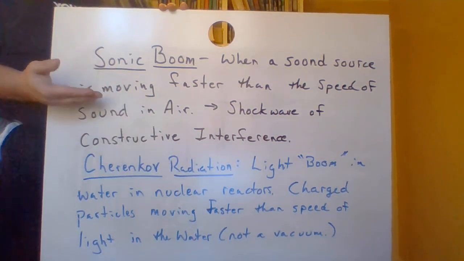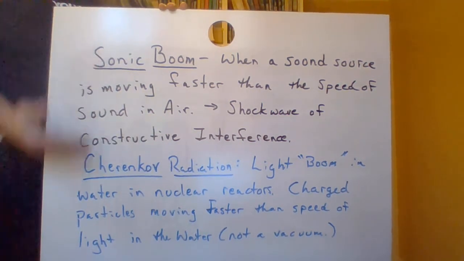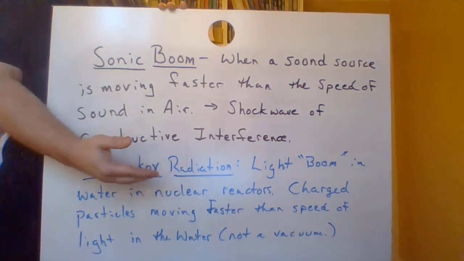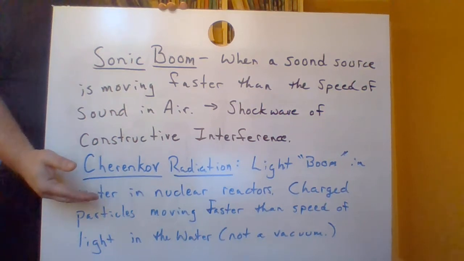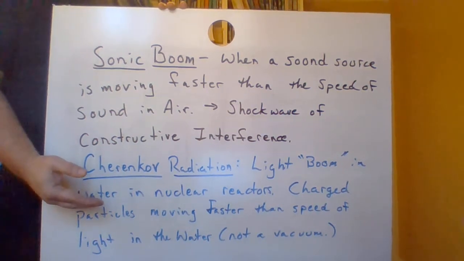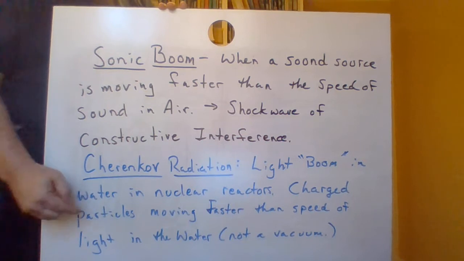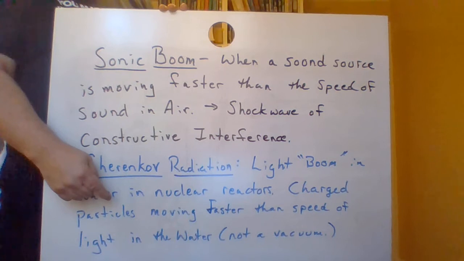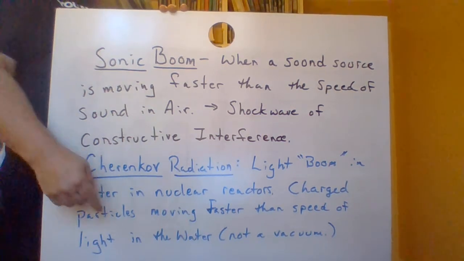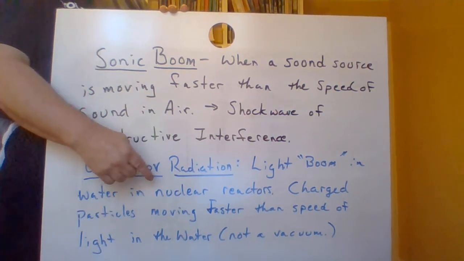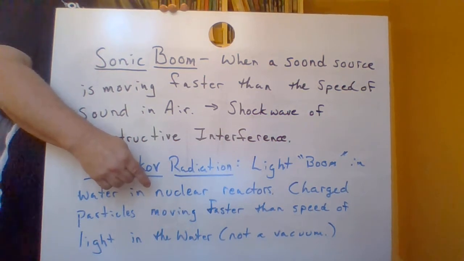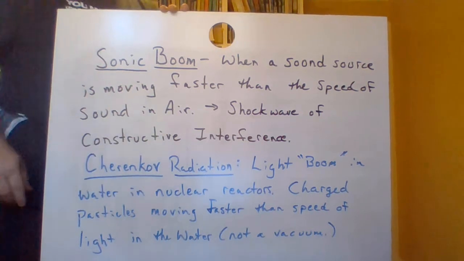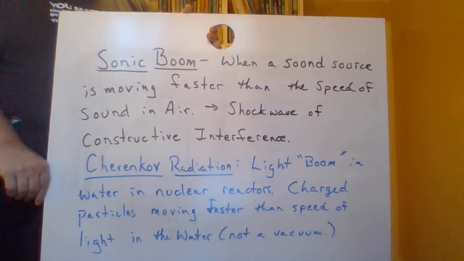All right, where if you're going faster than the speed of sound, you call it sonic boom. Cherenkov radiation is a form of light boom. All right, and that's happening because charged particles are creating an electromagnetic disturbance due to their motion through the water at faster than the speed of light. Okay, the shock wave created from that motion is the shock wave that excites the water and causes the water to glow with that blue glow.